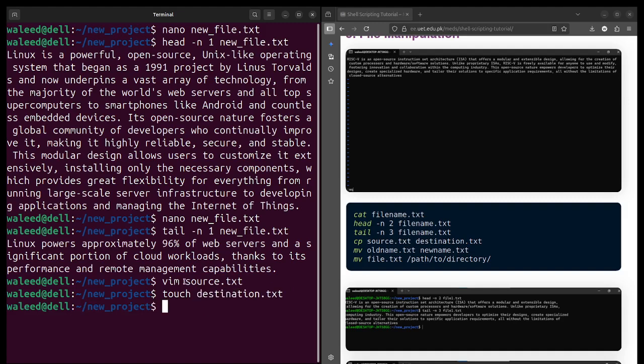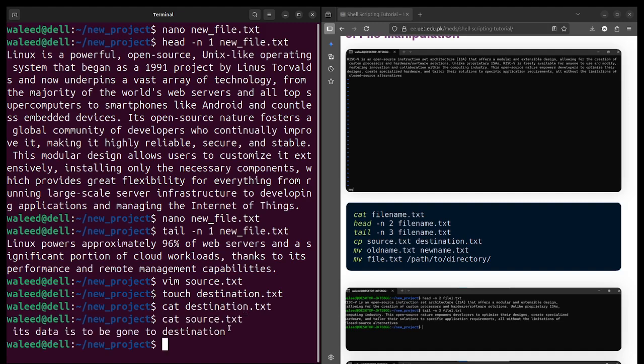You want to copy what's inside source.txt and paste it in destination.txt, you will simply use cp and then the first file name. First of all, let me tell you that we have no data in destination.txt. As you may see, destination.txt is empty, while in source.txt you have this data.